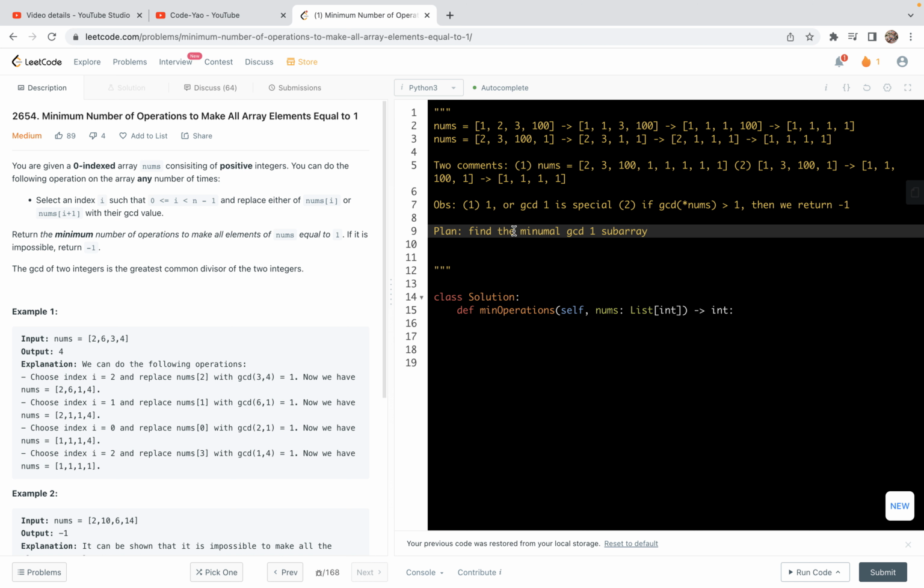So actually what we want to find is the length of the minimal GCD1 subarray. I would say subarrays, because the subarrays are not unique. However, the length of the minimal GCD1 subarrays is unique, right? So once we have this, actually, because the GCD of these things are